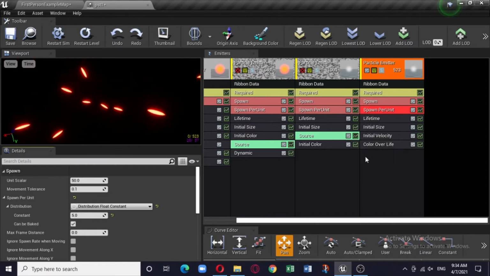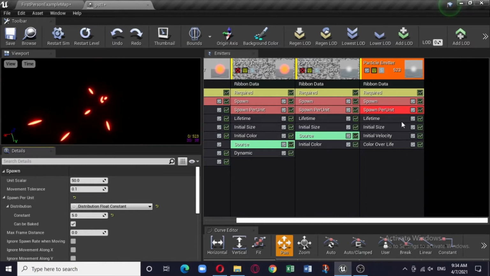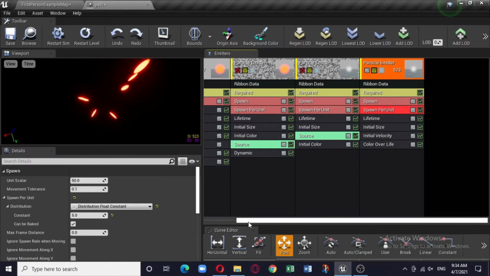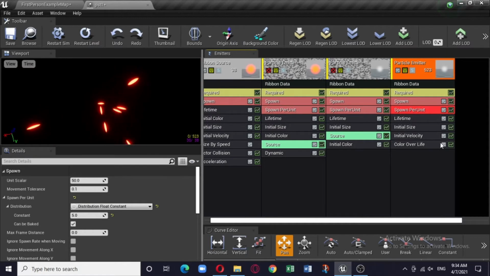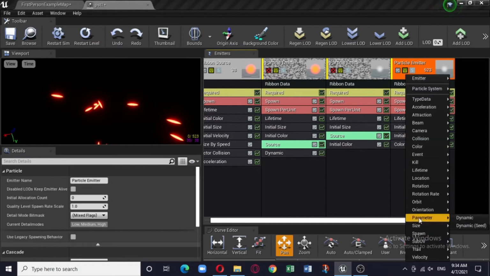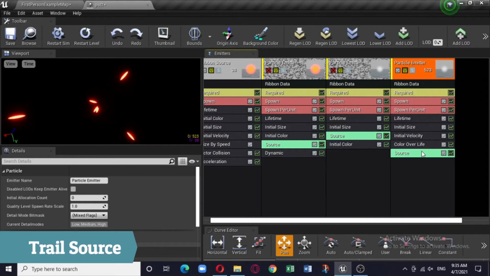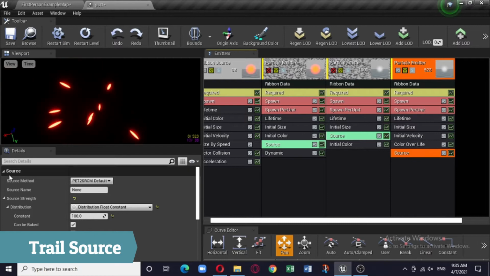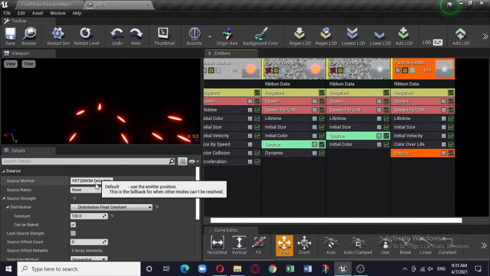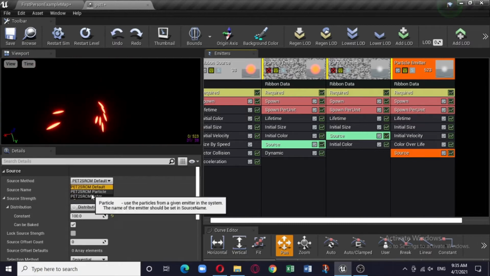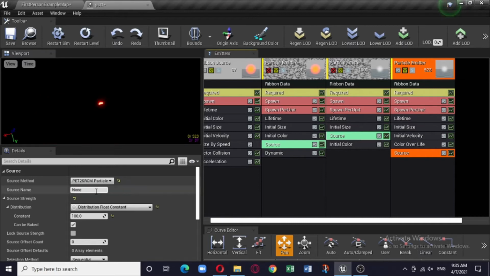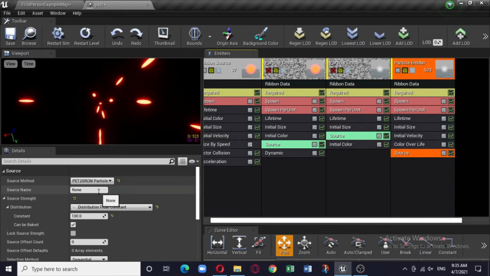Now we need to attach this ribbon along with this emitter which is getting emitted. To do that, we need a trail, and we need to attach this source. Click on the source. Here we are. Now in the source segment there is a source method. So instead of default, select particle, and source name, here it is none.